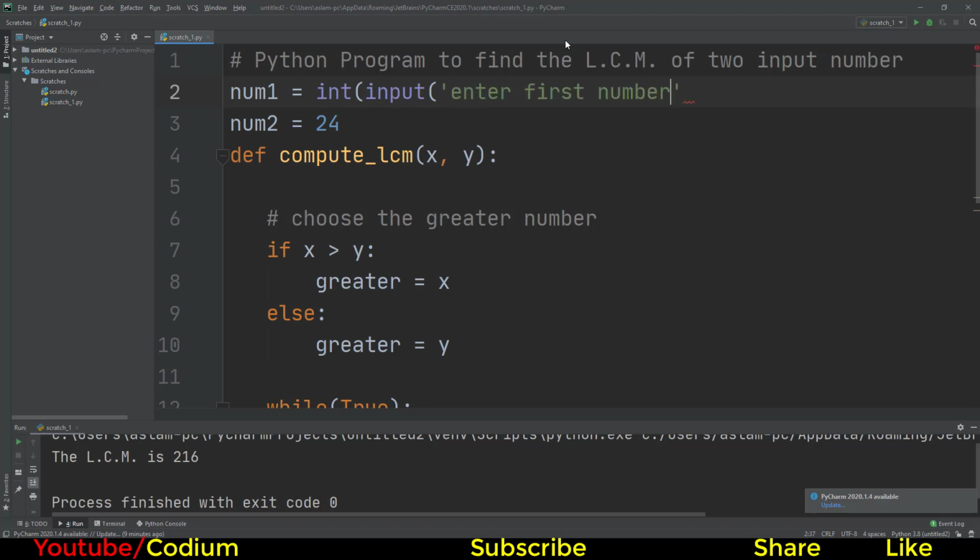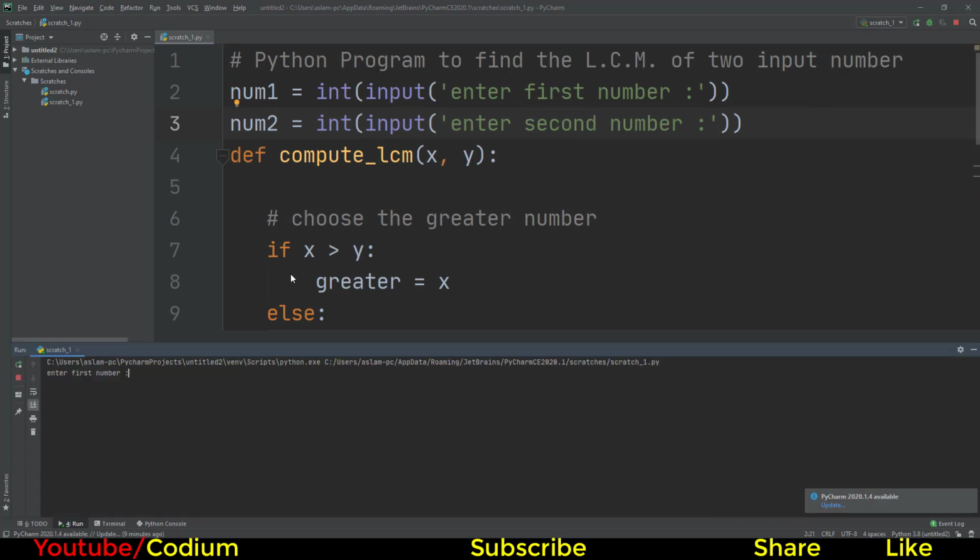So we use single quotes, some space, bracket close. Copy this. We write this because we need the values to be input by the user. Now we run this program.